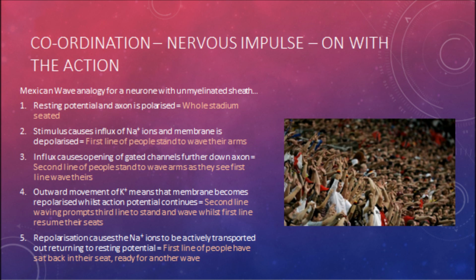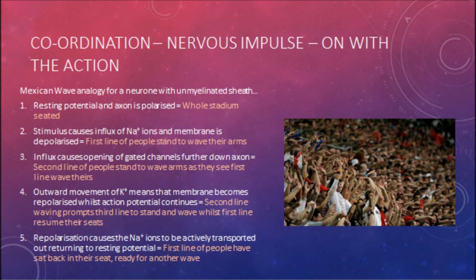The resting potential of the axon is polarized, and this is like the whole stadium being seated. The stimulus causes an influx of sodium ions, and the membrane becomes depolarized, rather like the first line of people standing to wave their arms. The second line of people is stimulated by seeing the first line, rather like the influx of ions causing the gated channels to open further down the axon. The second line prompts the third line, whereas the first line sits down, much like the repolarization of the first